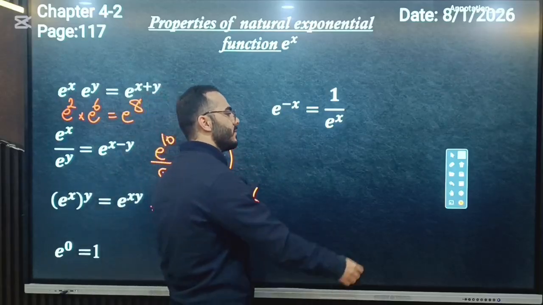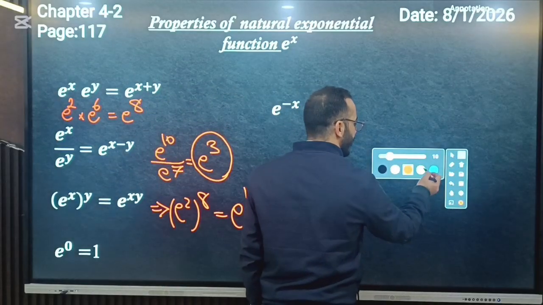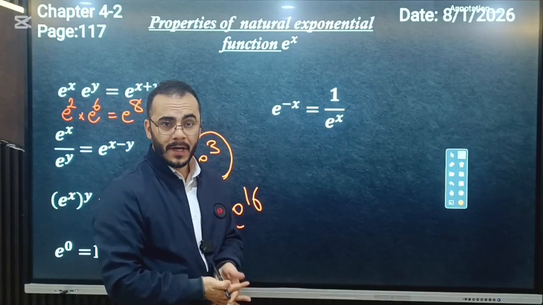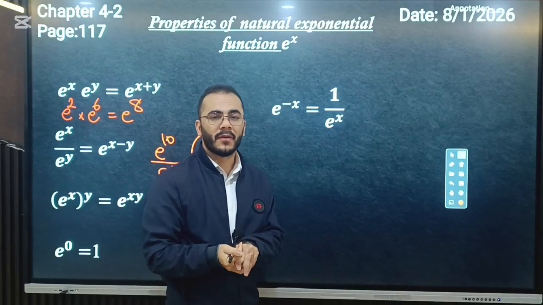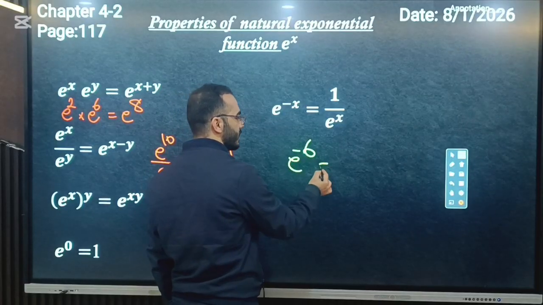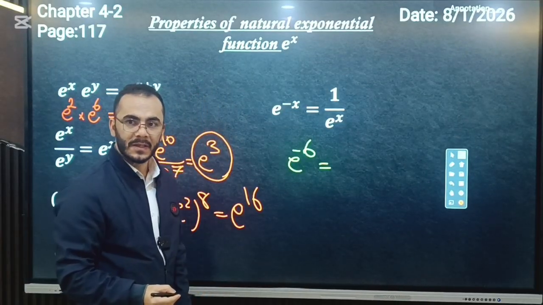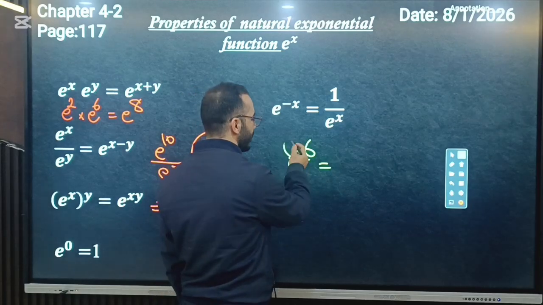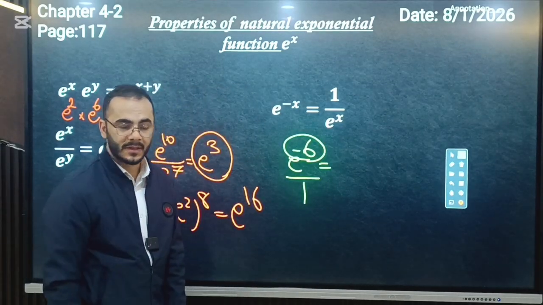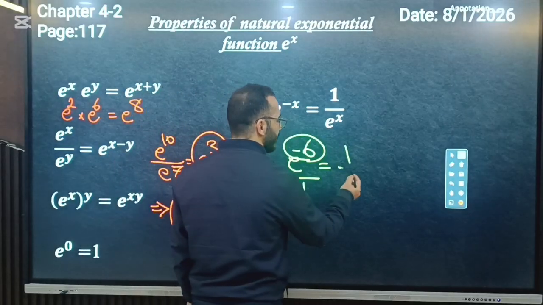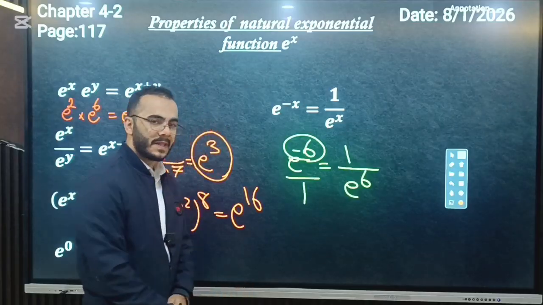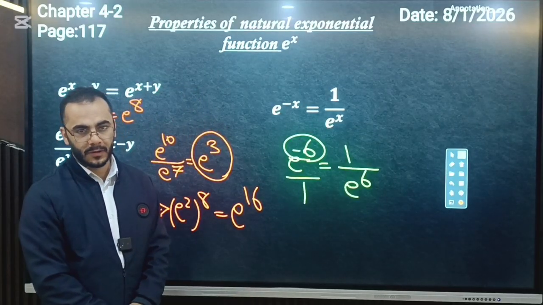How about the last case? We have negative exponents. For negative exponents, we are just going to take the reciprocal form of it, or in other words, we are going to just flip the term. So let's imagine we have e powered by negative 6. In that case, since the exponent is negative, we need to flip it in order to make that negative exponent positive. So it's equal to 1 over e powered by positive 6. That's all about the properties of